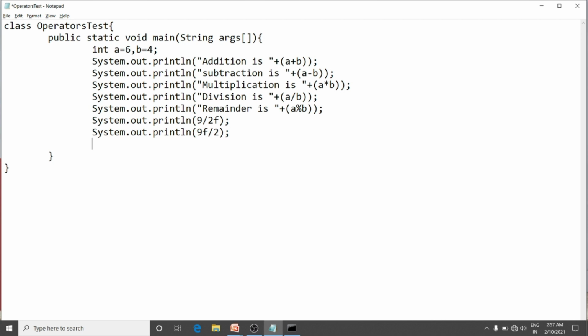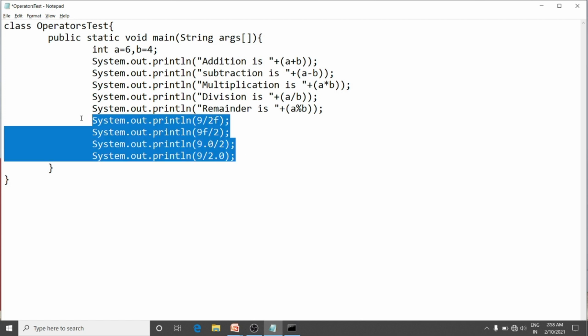Or we can write 9 with a decimal place and 2 as an integer, or 9 as an integer and 2.0 as a floating point number. Then in this case, the lower range data type is implicitly converted to the higher range data type. Here integer will be implicitly converted to float. So the result will be 4.5 in all these cases.